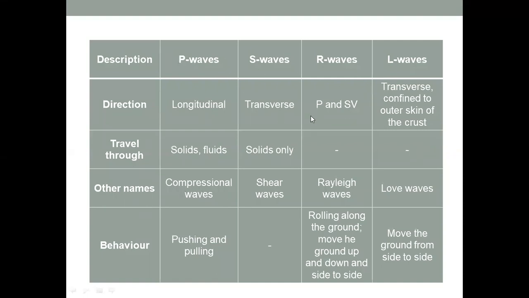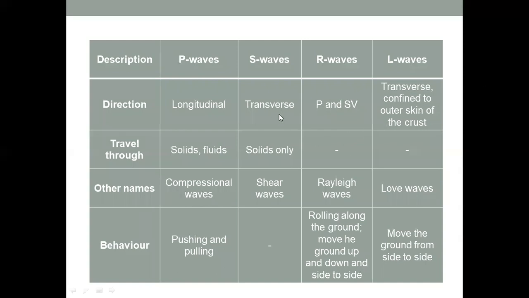And R waves, we know that it is a combination of P and vertical shear waves, because you have seen that it is pushing the particle. P waves are also called compressional waves. They push and pull the particles. In the same way, the R wave is a combination of the pushing and pulling behavior of the compression wave and the shear wave in the vertical direction. And here it is the transverse direction.